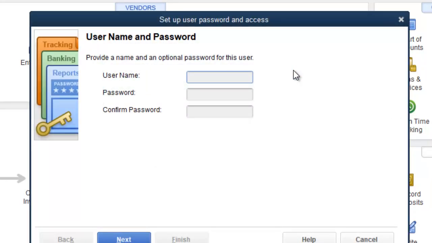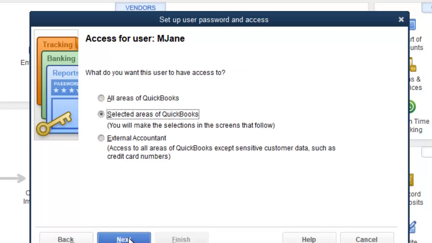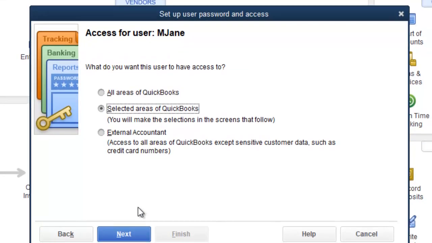Let's say we want to add another user to the system. We already have a user, John Brown. So let's say we want to add Mary Jane. So M Jane. And we're gonna enter a password for Mary Jane. But let's say she is the receivables person. Then you may not want to give her access to all areas of QuickBooks. Right, so you're going to give her selected areas, so she'll be able to access selected areas of QuickBooks. You're going to select next,